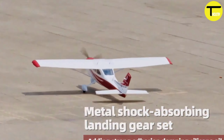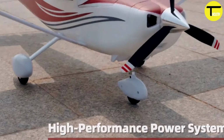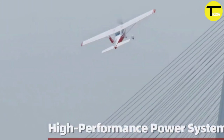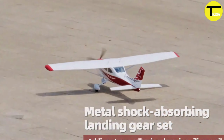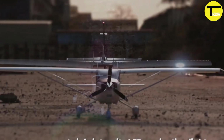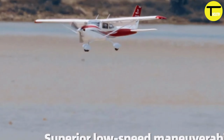Its sturdy build includes a 3-point metal landing gear with shock absorption and rugged tires, so landings stay smooth no matter the surface. Snap-lock assembly and preset servo linkages make setup a breeze. Perfect for new pilots eager to get in the air fast. With bright LED lighting for dusk flights and impressive STOL capability, needing just 3 meters to take off, this plane